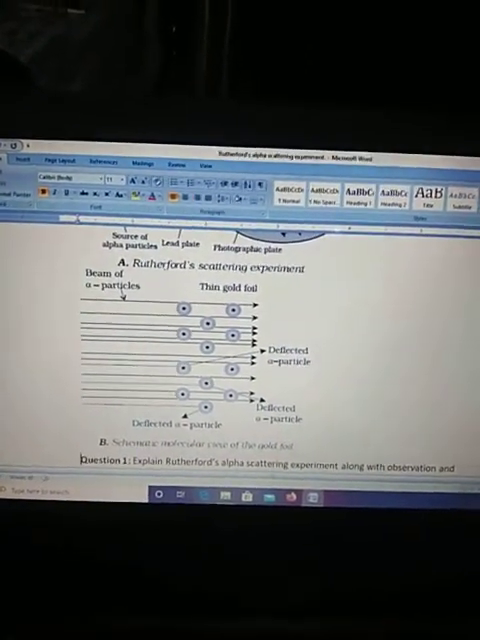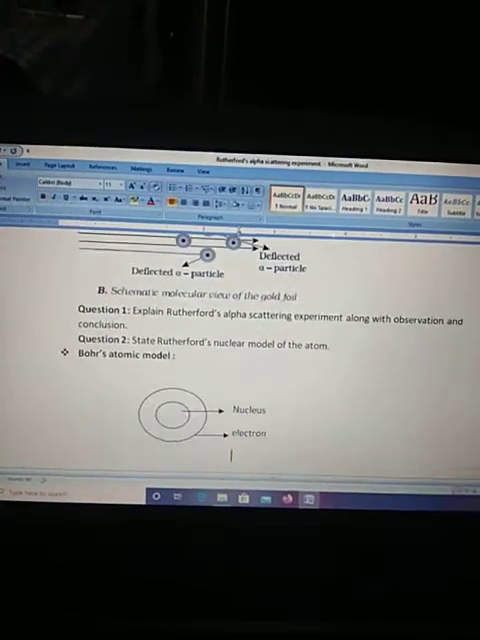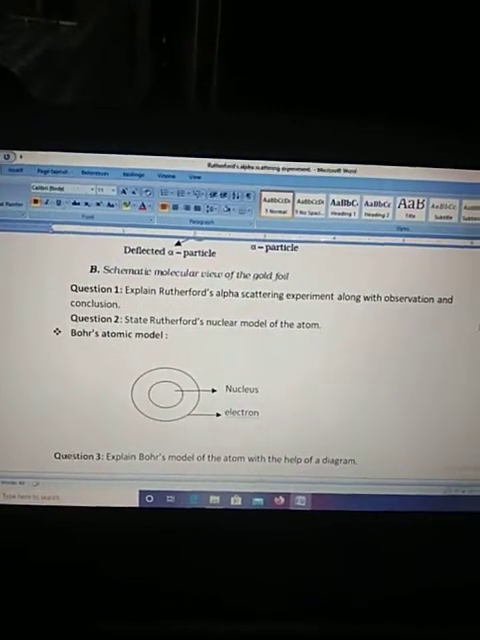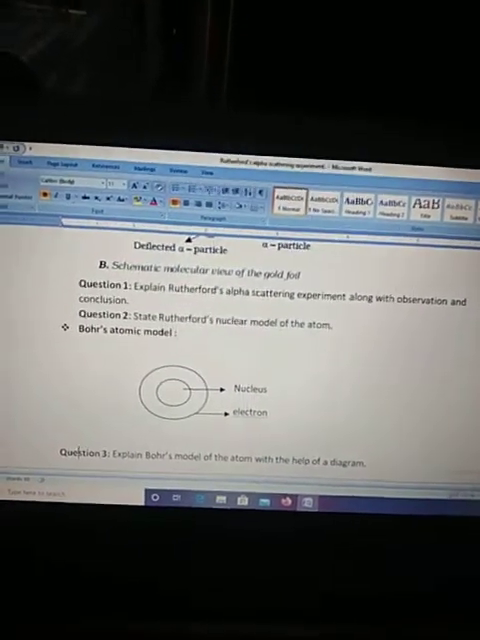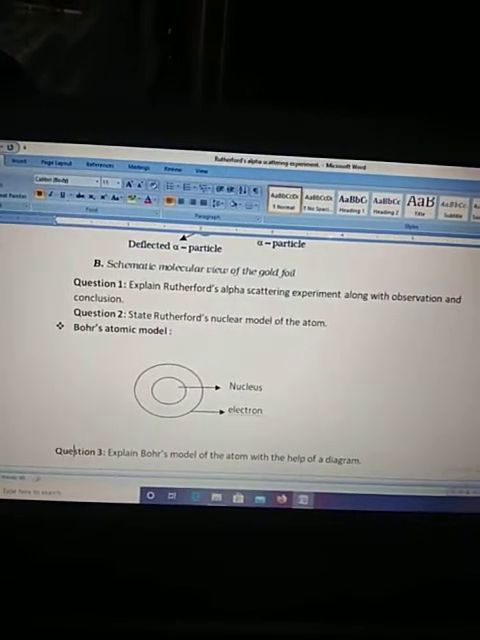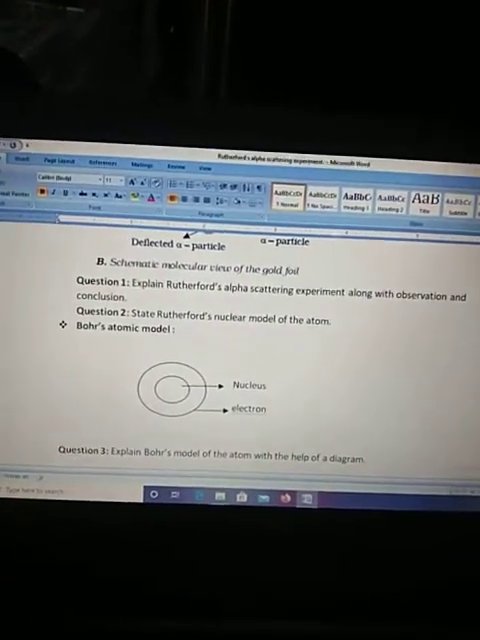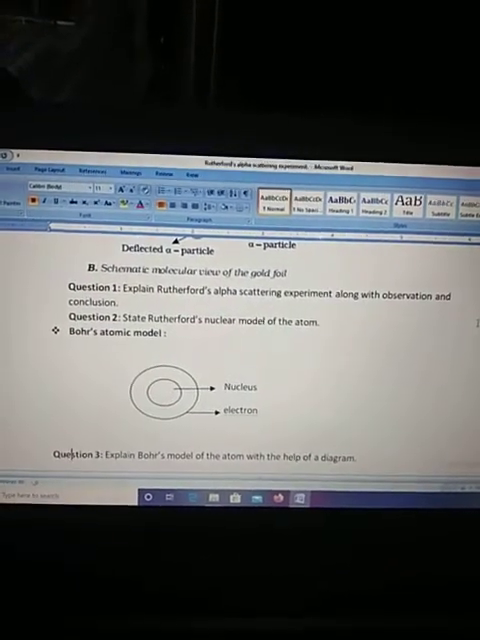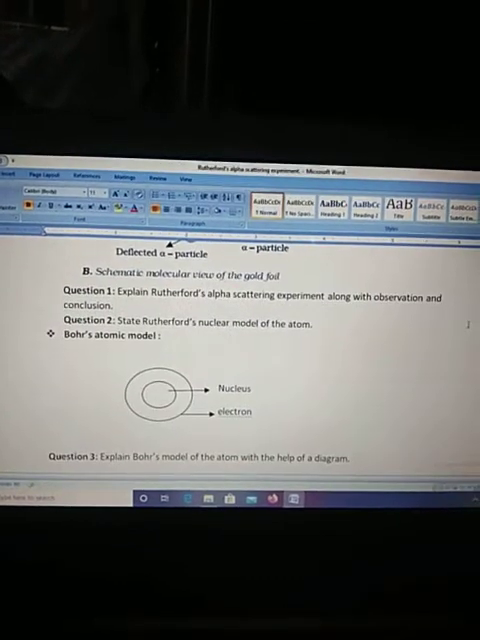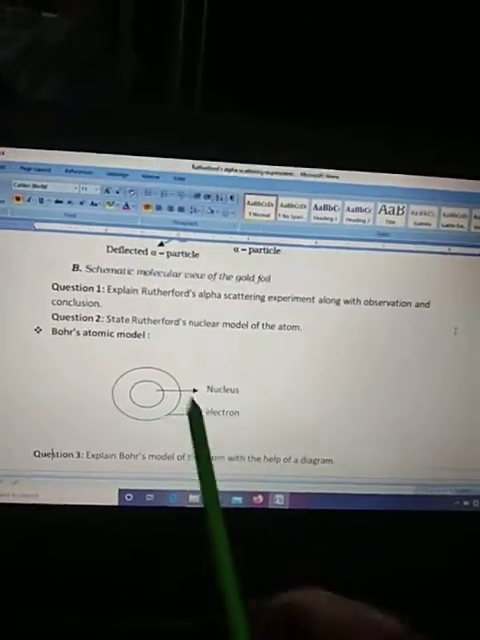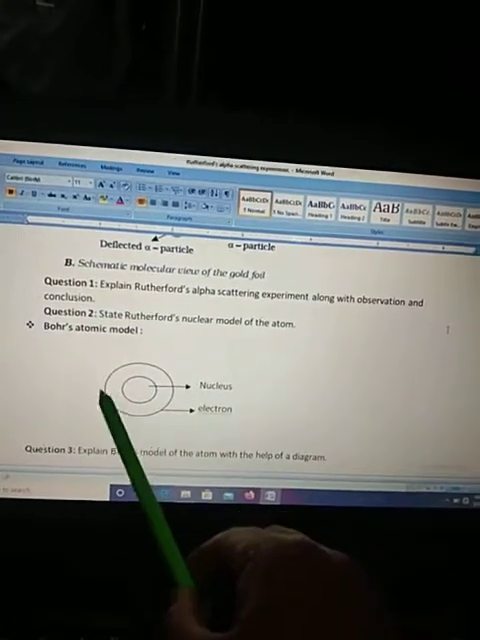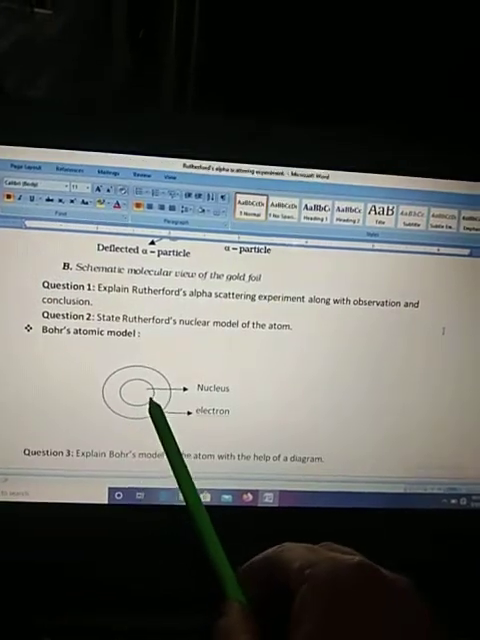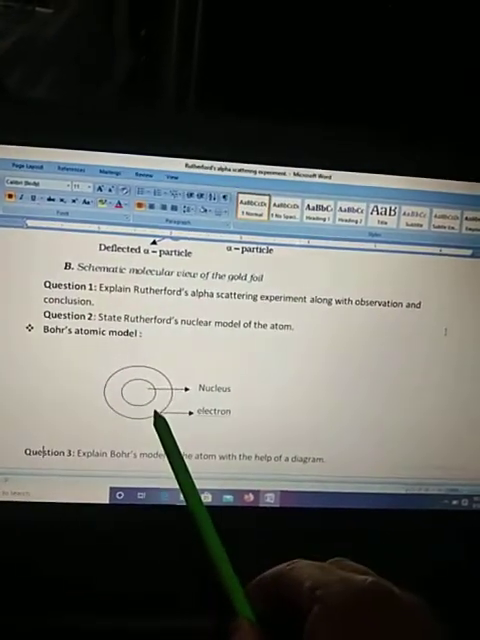Next we have, after Rutherford, another scientist named Niels Bohr, who came up with a development in the atomic theory or atomic model. According to his model, an electron revolves around the nucleus in certain fixed circular paths that we call orbits, or we call shells as well,